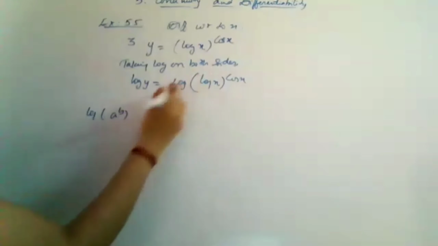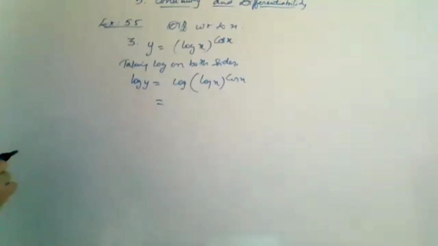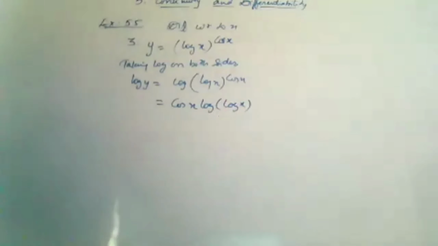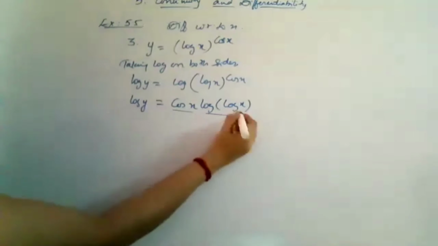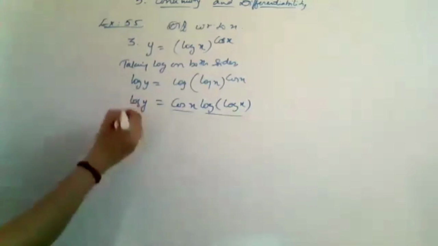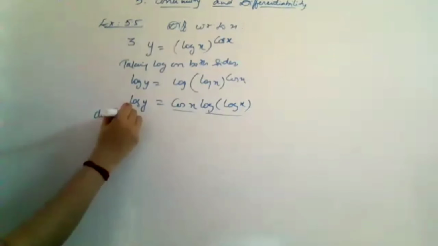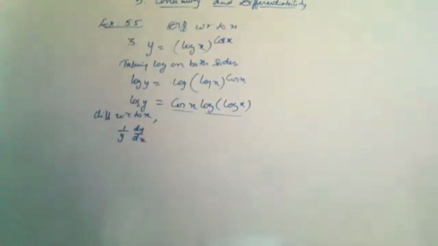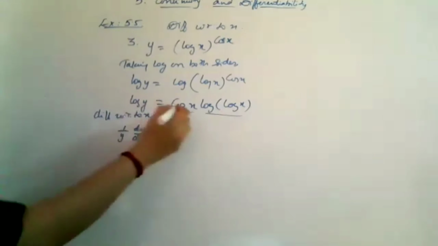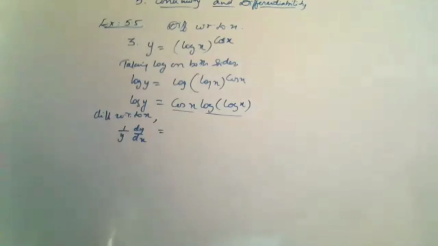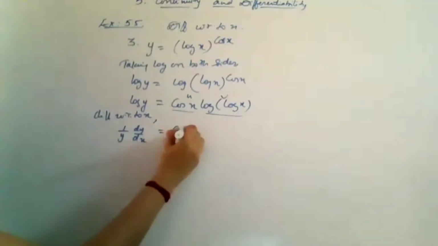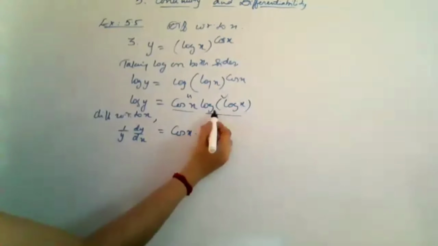That will give you p log a. So you'll have cos x log of log x. Correct? Log y is equal to cos x into log of log x. So this is actually one term. Now you will differentiate with respect to x on both sides. It will give you 1 by y into dy by dx equal to, which rule can we use here? Product rule, taking it as u and v. We'll get first function into derivative of second. What is the derivative of this? I will just write once.